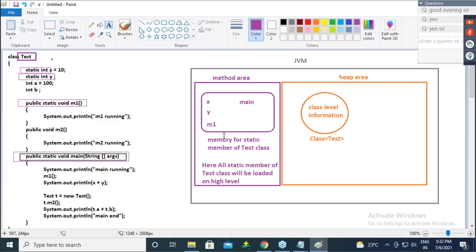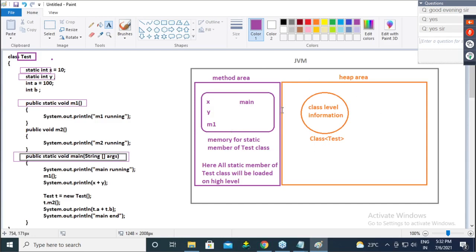Same class I want to execute, let's say third time, fourth time, fifth time, 10th time. Correct, never. We will directly execute. Now, guys, you tell me, when I execute a class the first time, this drama happens.